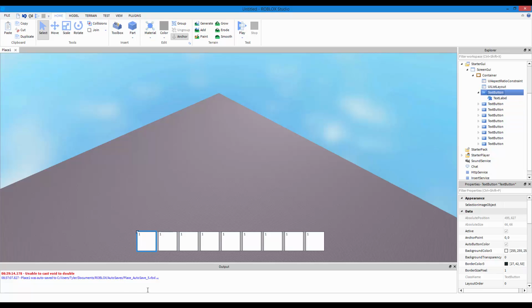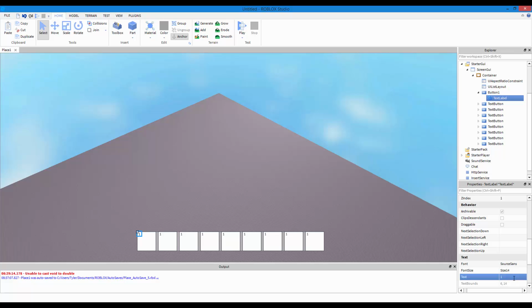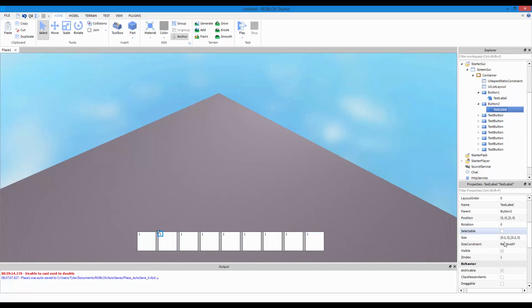Alright, so as you can see, this looks like the first button all the way to the left. So let's name this. If you were to script this, I'm pretty sure you'd go like Button 1, and then you go to the text inside, go to the text 1. And then the second button, Button 2, then you go to the text 2.